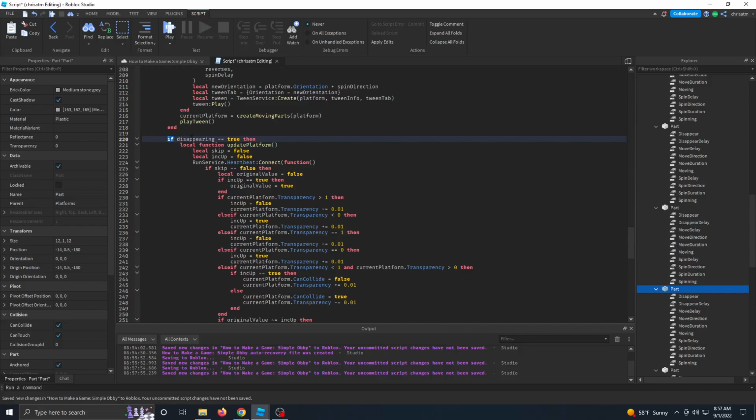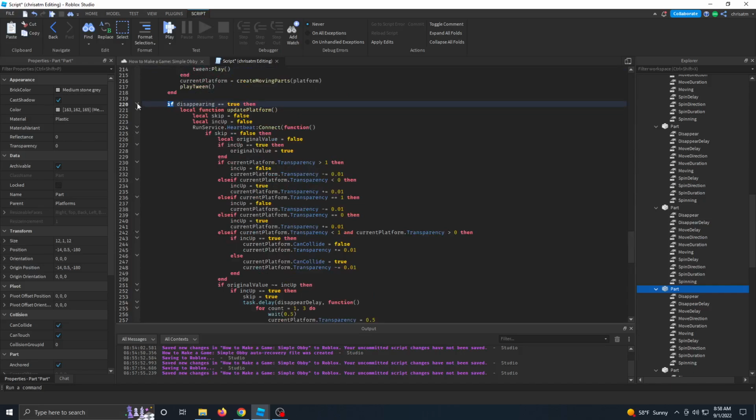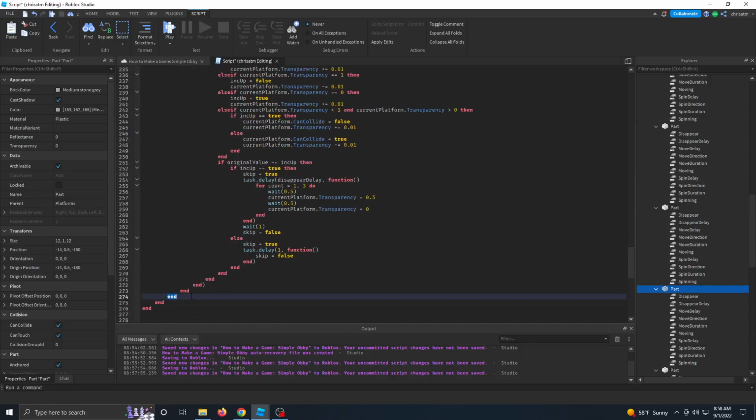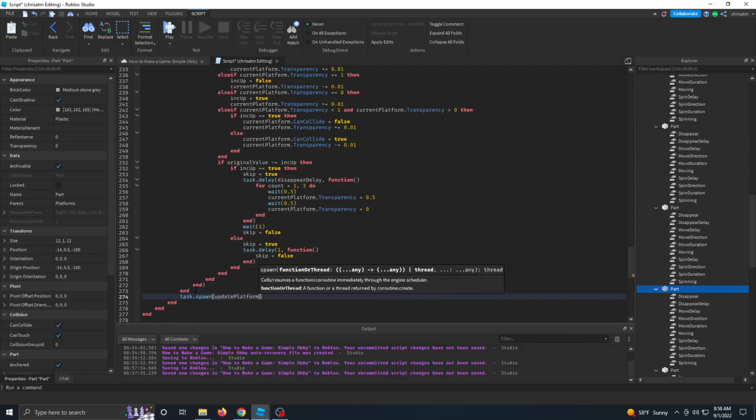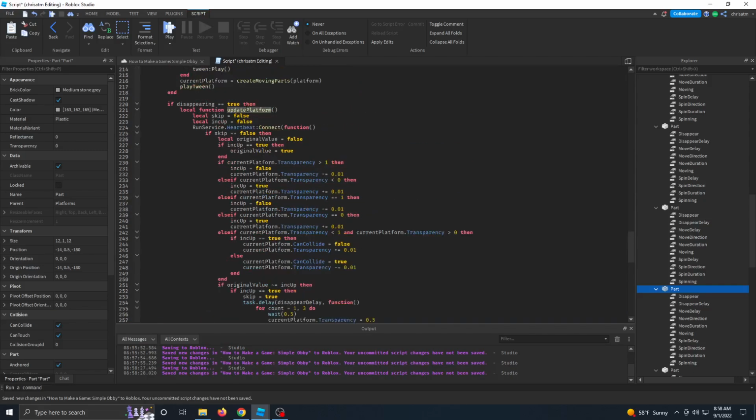And what this does is it says if the inc up value is equal to false, then stay invisible for 1 second. And just before the very end of our if disappearing equals true conditional statement, and in order to find the end of it, we just go ahead and collapse that, and we see we have this end here. Then go ahead and decollapse it, and you'll see we still have that end highlighted. So just below that, what we'll say is task.spawn, and we'll run the update platform function. So this creates a new thread and runs the update platform function, which runs a heartbeat, and this heartbeat pretty much controls whether our platform is